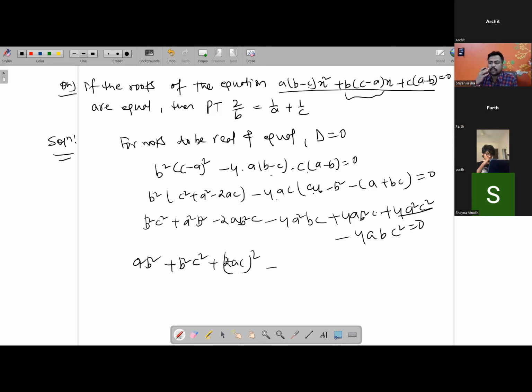It will be in the form of a square plus b square plus c square plus 2ab plus 2bc plus 2ca. So you can see one thing. Write this a square b square as (ab) whole square, plus b square c square as (bc) whole square, and this thing would be plus (2ac) whole square, and then